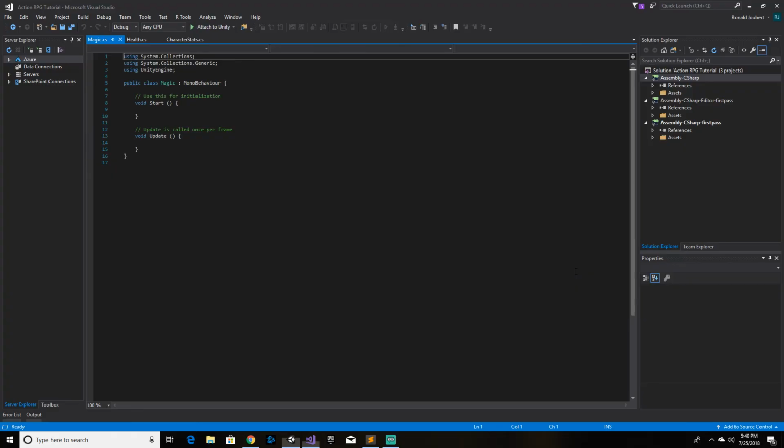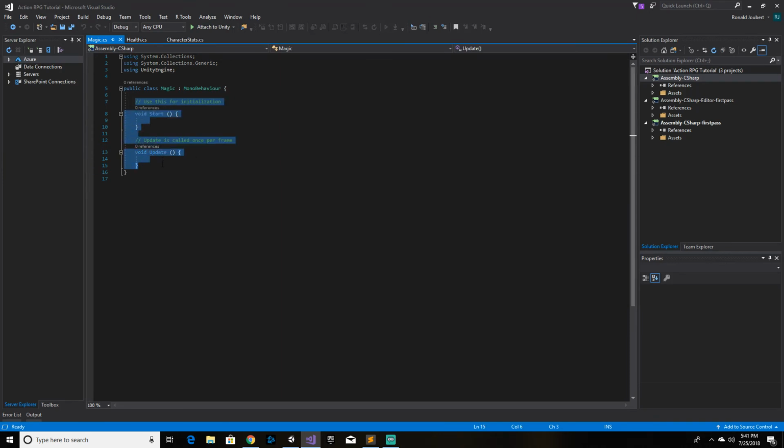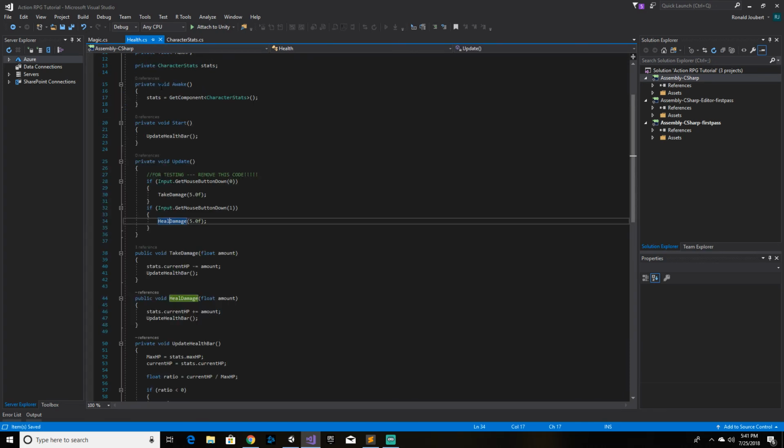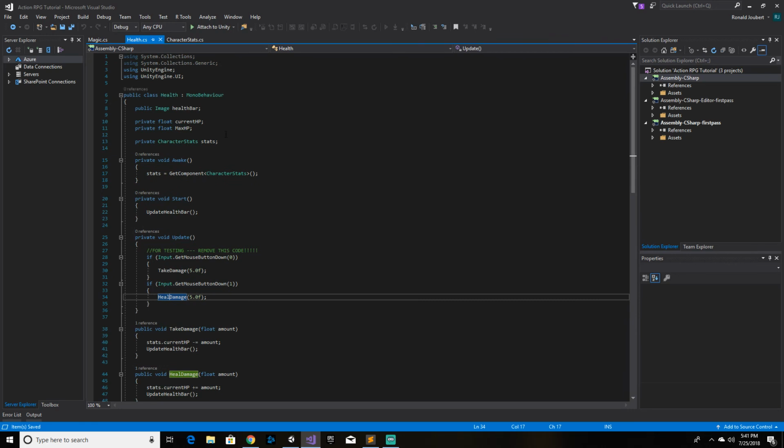Open this up in Visual Studio, and this is going to go a whole lot faster. Because we're going to do everything in our power to break this by going and grabbing the health script,